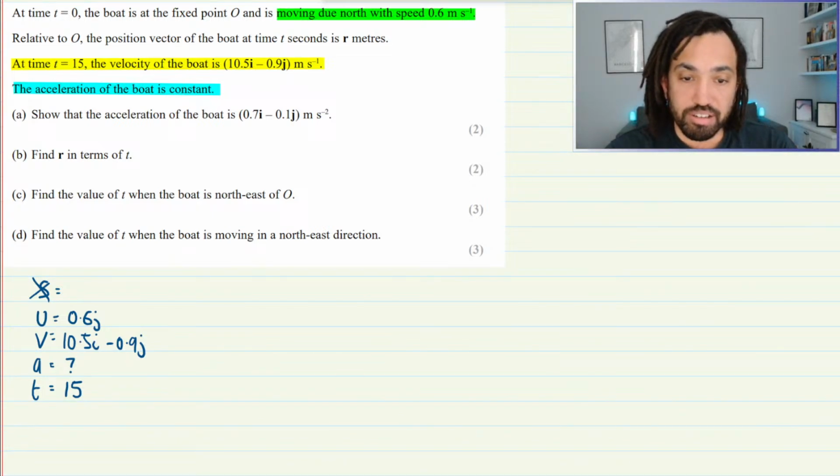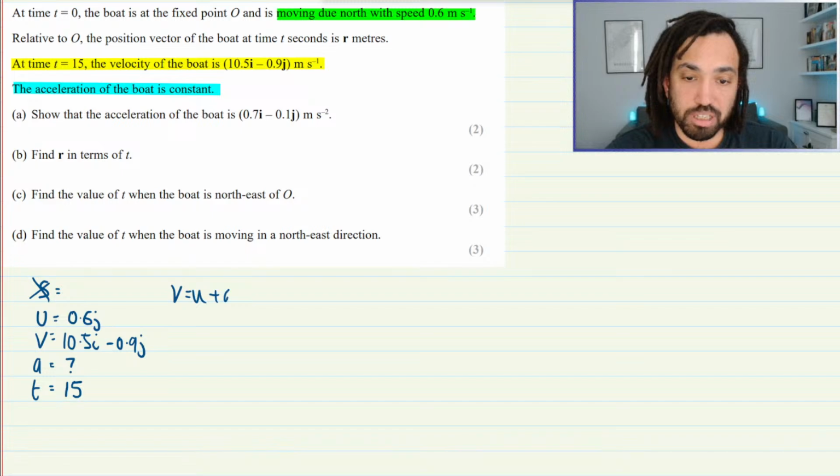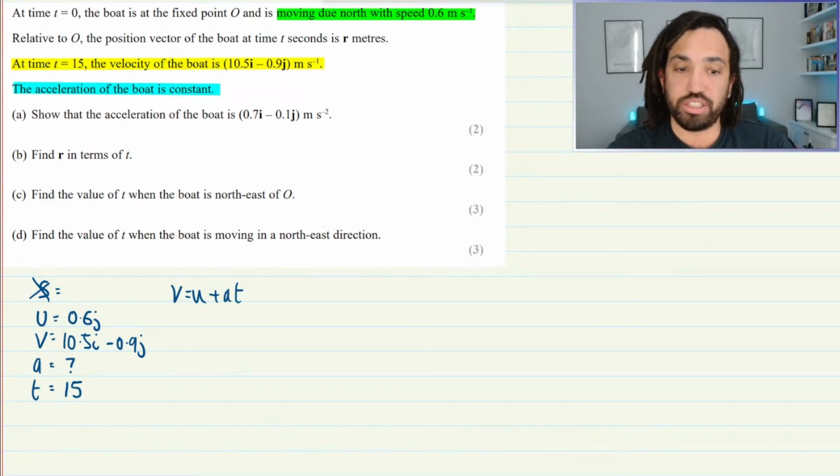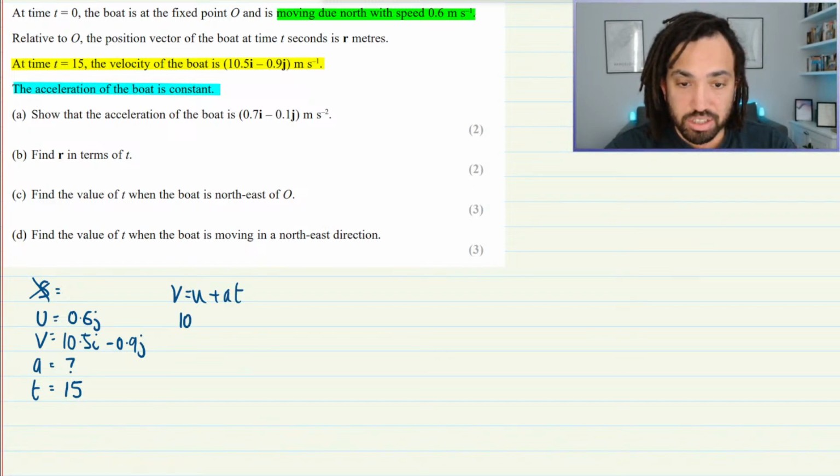Brilliant. There it is. V is equal to U plus AT. It's the easiest SUVAT to use, 100%. So 0.5j